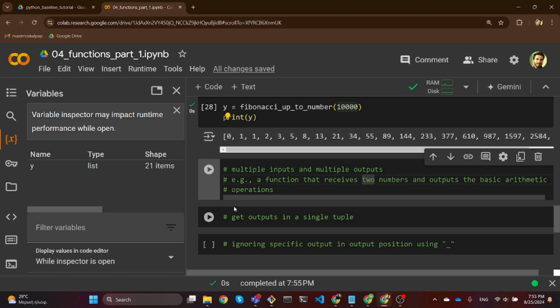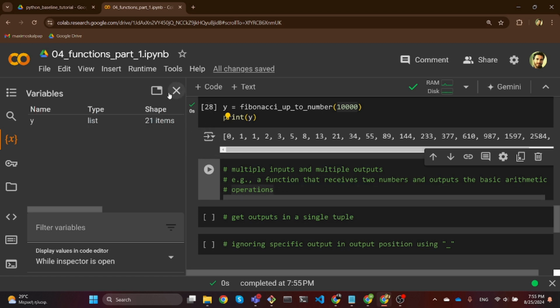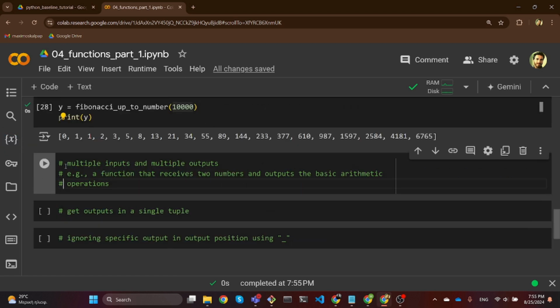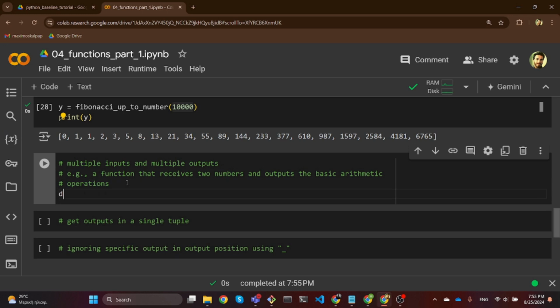So let's, for example, create a function that receives two numbers and outputs the basic arithmetic operations. So let's say this function would be basic arithmetic ops of two numbers, so x and y,